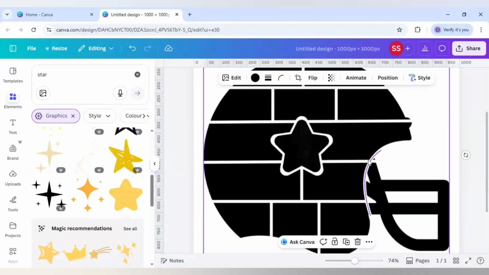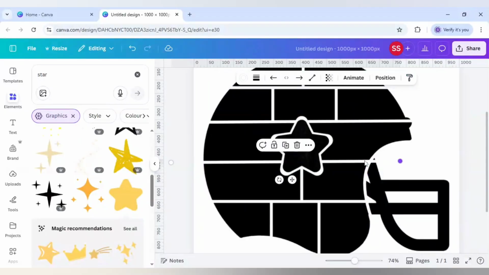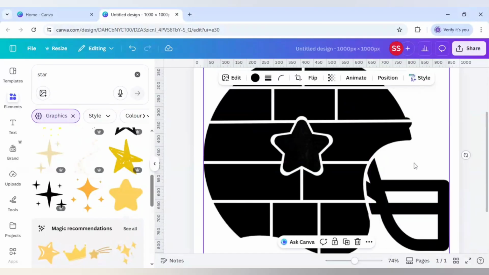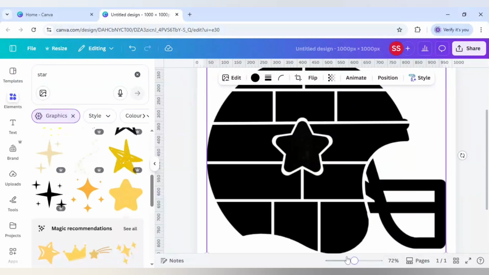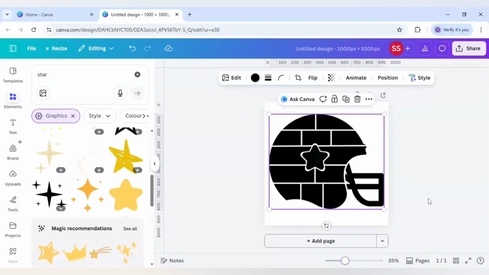Okay, so the differentiation is made. Now we need to make this line smaller, so let's make this one smaller. Okay, now a clear cutout is created from the main helmet to this part. Okay, now when this is done,